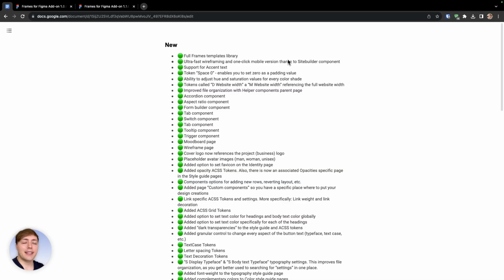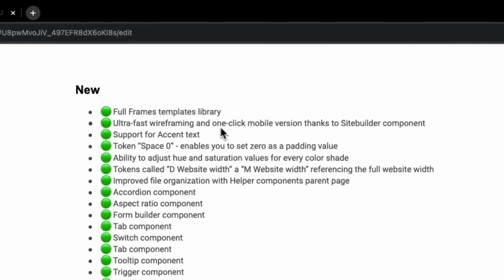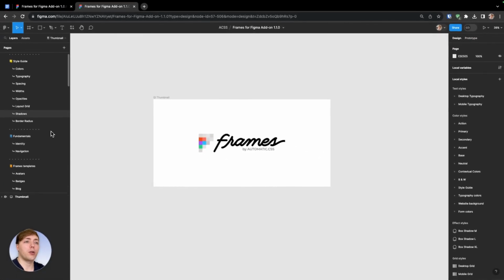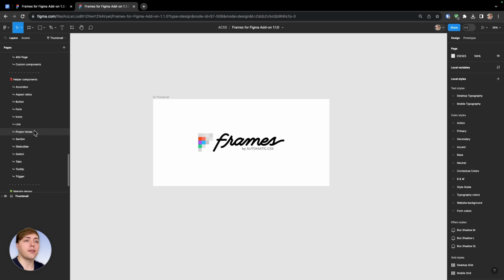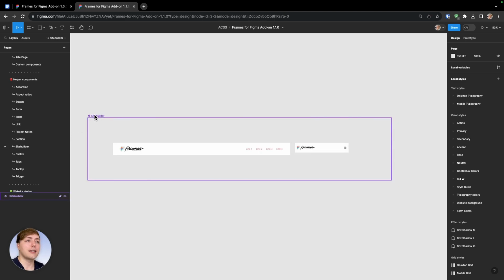All right, so the next very exciting feature is ultra fast wireframing and one-click mobile version thanks to the site builder component. So when I scroll below the frames templates, you can see the helper components, which is a new additional page which we'll get into later. But under the helper components, you can find a site builder component, and it seems like a very basic component, but it's a very powerful component that will allow you to mock up or wireframe a website, desktop or mobile,